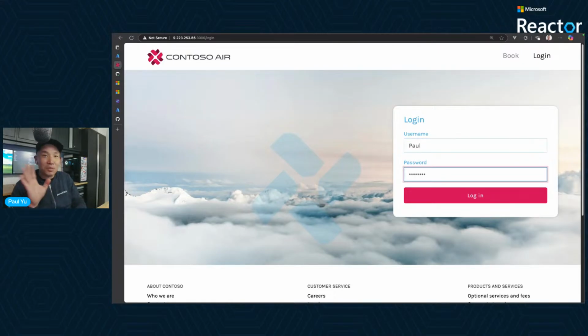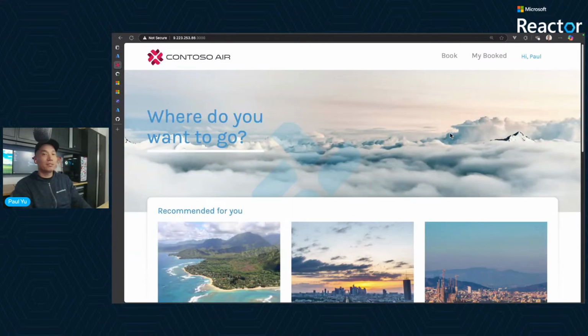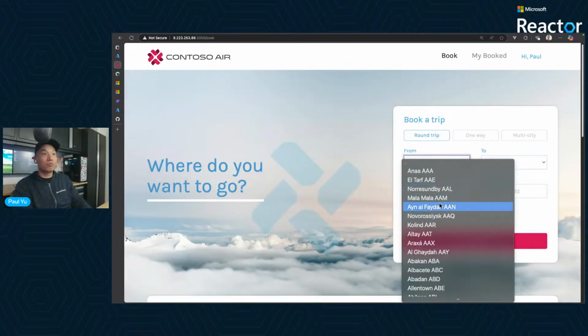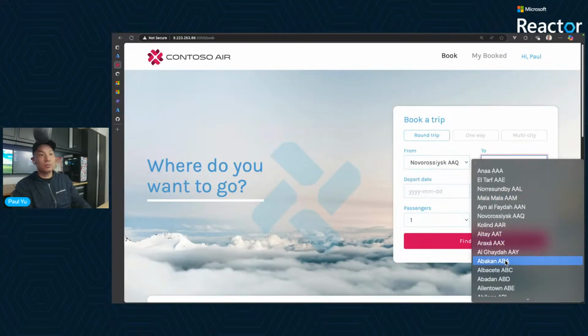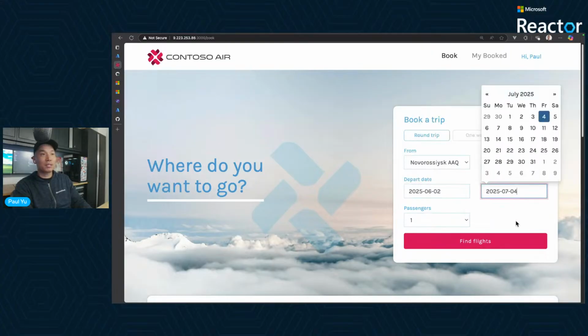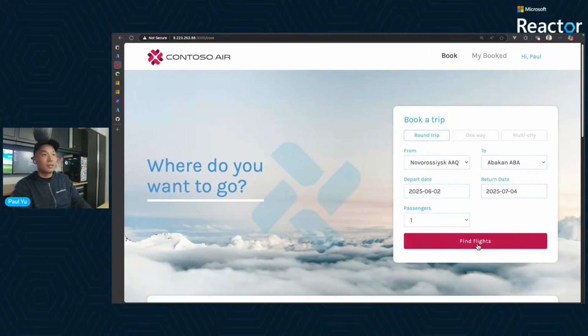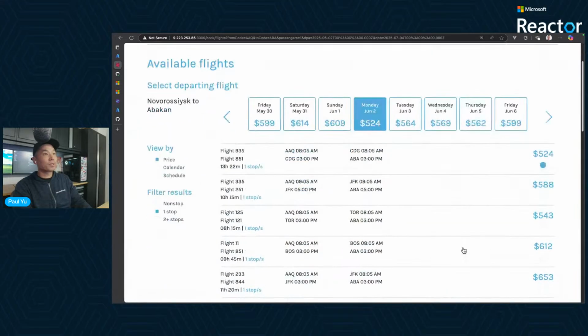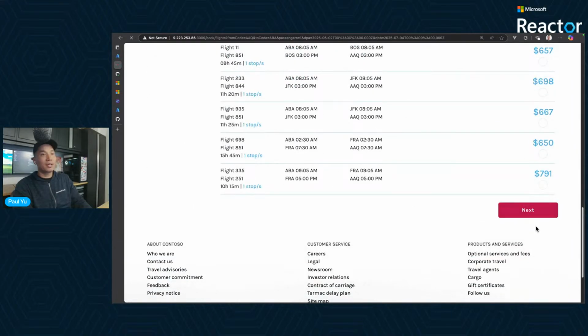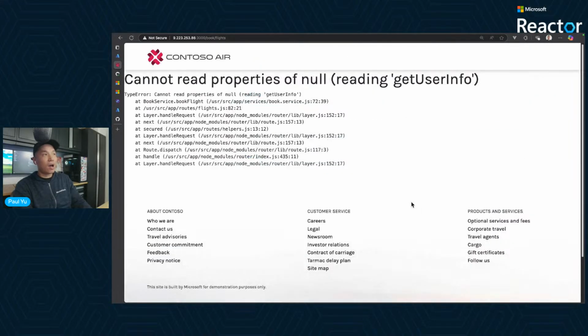So log in with my username and password. Secret, there is no username and password. You can type in whatever username and password you want. So just fill in the text box, click in, and then I can book. So from this airport to that airport, I want to travel next week. So there we go. And I can go ahead and find the flights. Cool. There's some flight information there. I'm good with the default. I'll click next. And oh no,